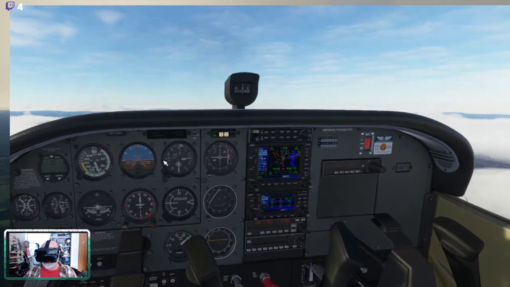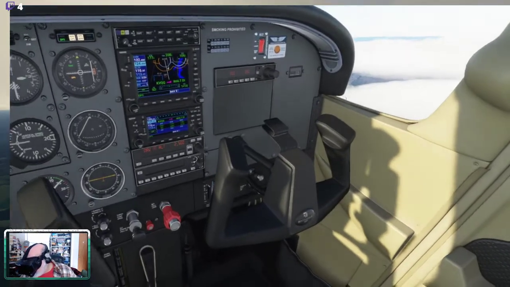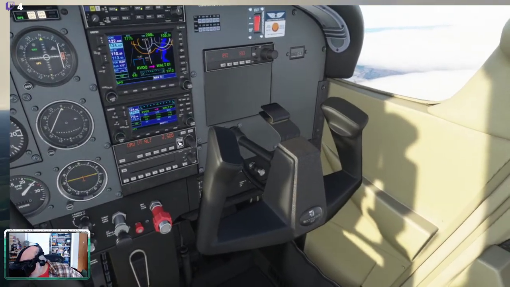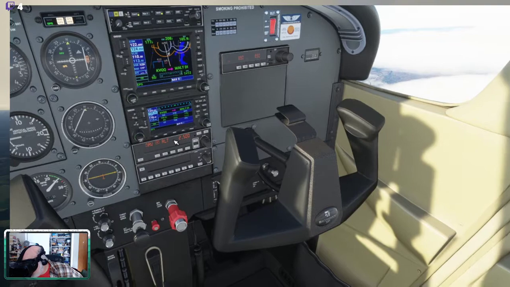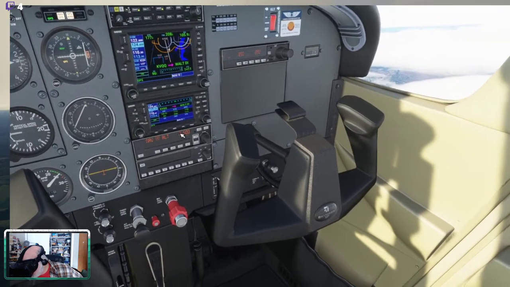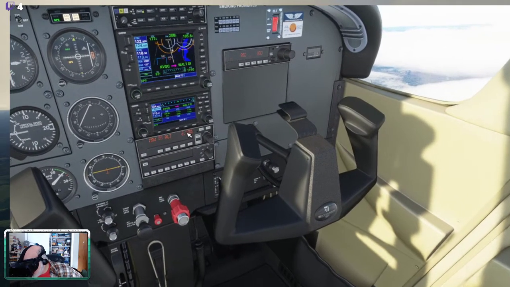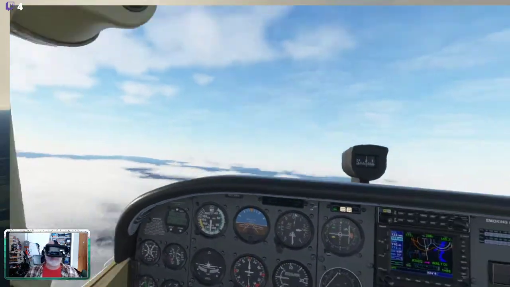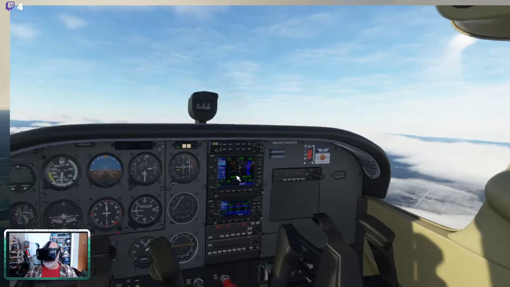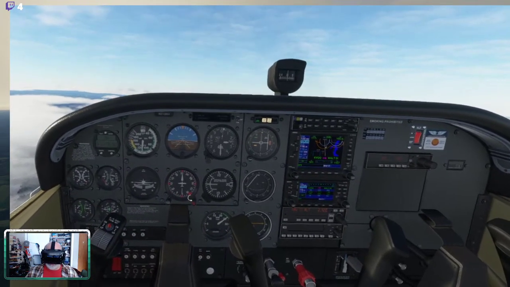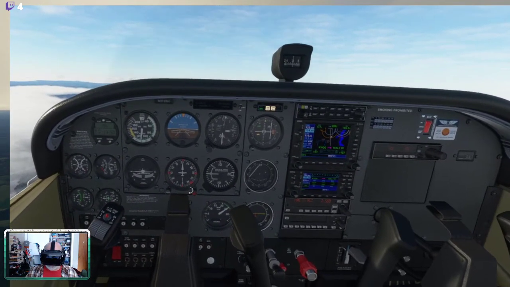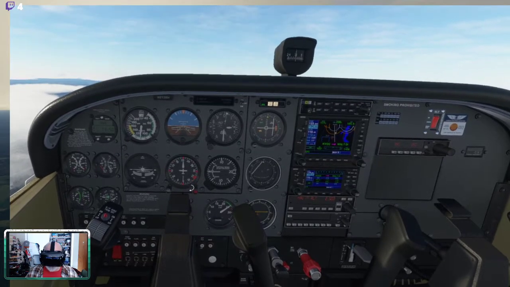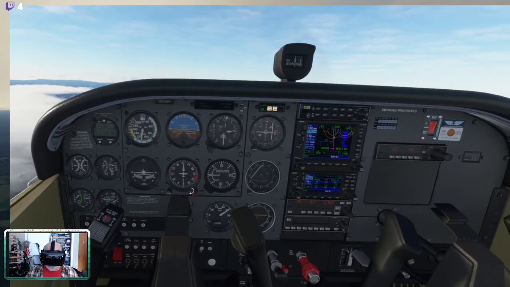All right, so we're at 2,500. We can see the autopilot is in altitude. It's controlling our altitude, and the goal is to keep us at 2,500 feet, and it is navigating us, which means it's going to the next point on the GPS. For autopilot, we can also do headings. We've got this compass right here that shows the direction we're flying. Right now we are flying